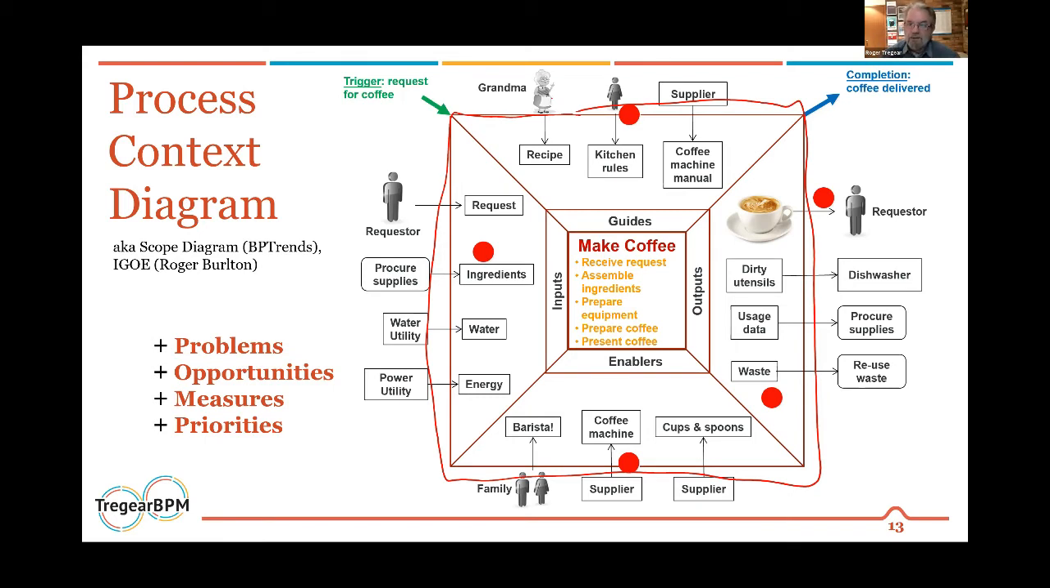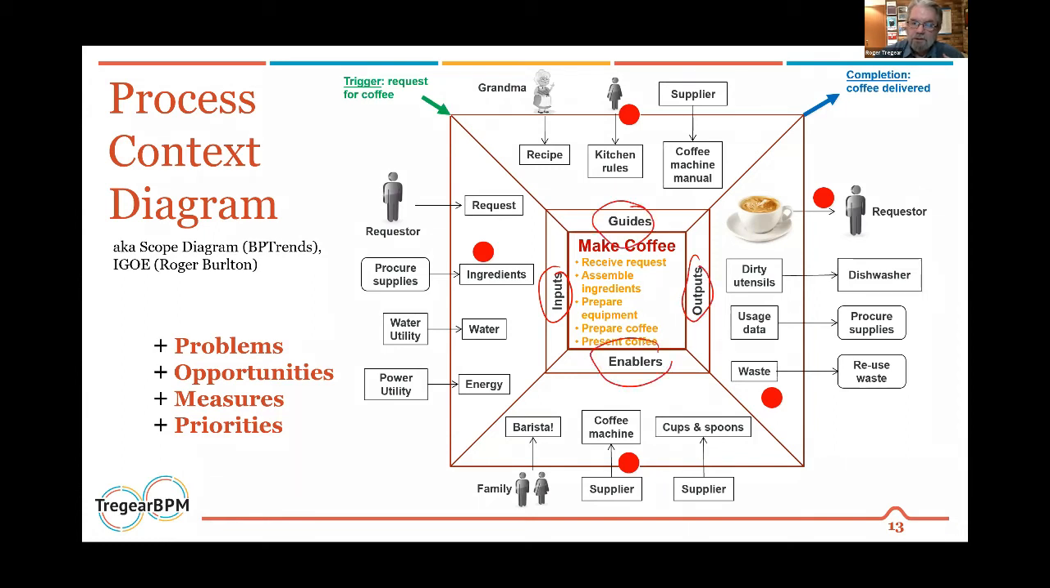Everything outside is not to do with the process. So it gives us the context of the process. How does this process exist in its world? So we'll see here we've got inputs, outputs, guides, enablers, which is why it's called an IGOE in its very original